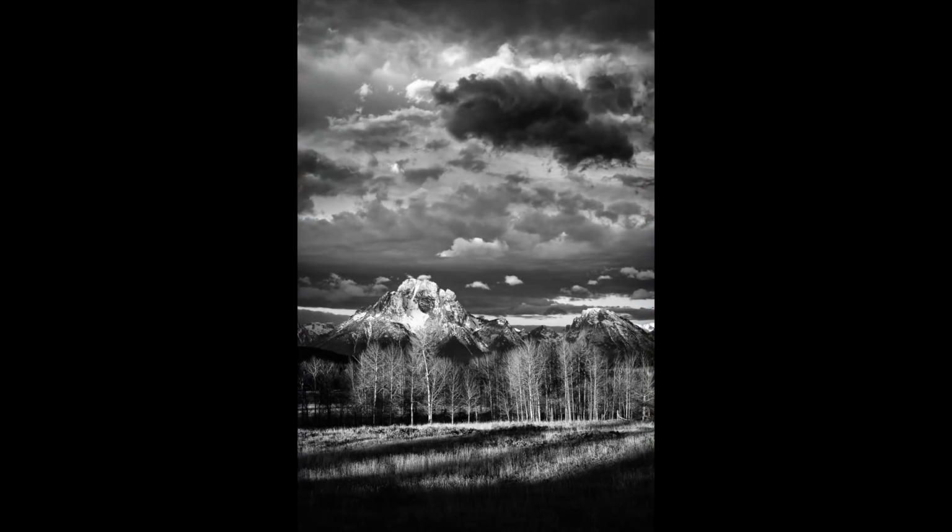Moving along. That's my favorite mountain there. That's Mount Moran. This is near the Oxbow Bend, the famous location where everybody gets the reflected shots of this mountain in the Oxbow Bend in the Snake River. This one was all about the light as well, as usual. So I had some spectacular clouds, and